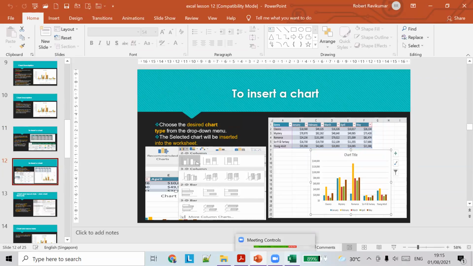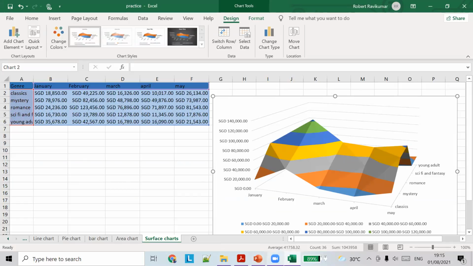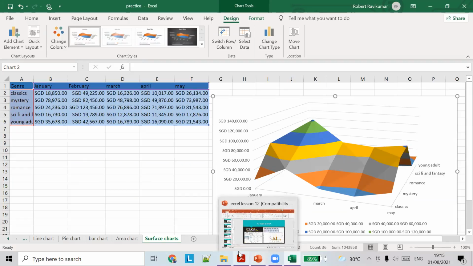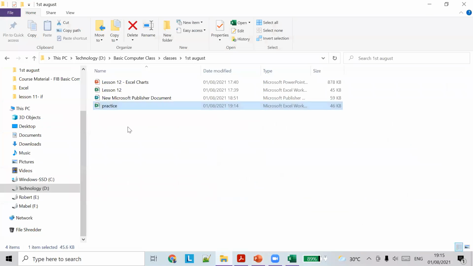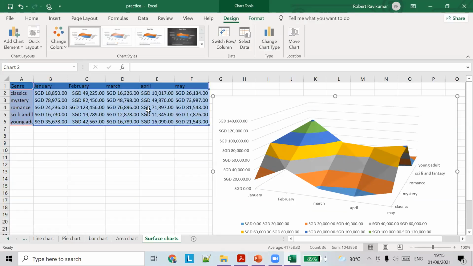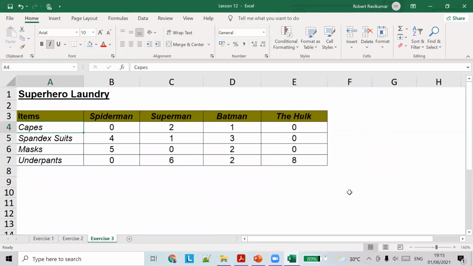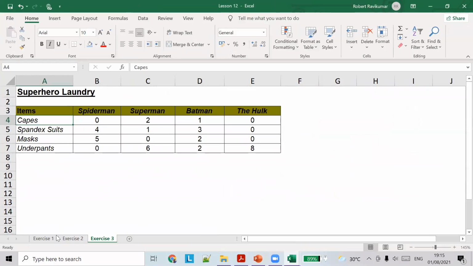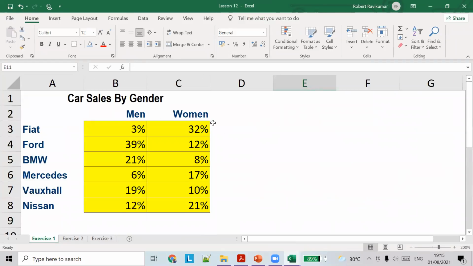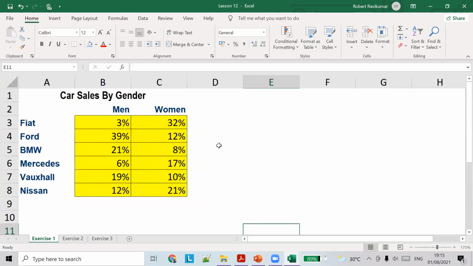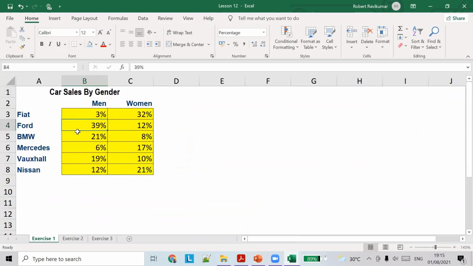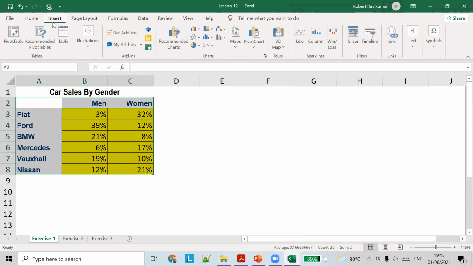Okay, so let's take a break and maybe I'll give you an exercise. You can do that first. So you guys can create a chart for anything like this. Something similar: select all the data, insert.